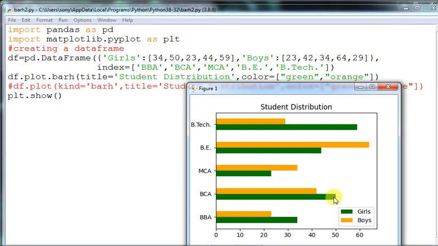The green color is the girls, and the yellow or orange, whatever you say, represents the number of boys. From the graph comparison, BTech has more girls. In MCA, very few girls are available, so the boys are more. In BCA, the girls are more and the boys are less.